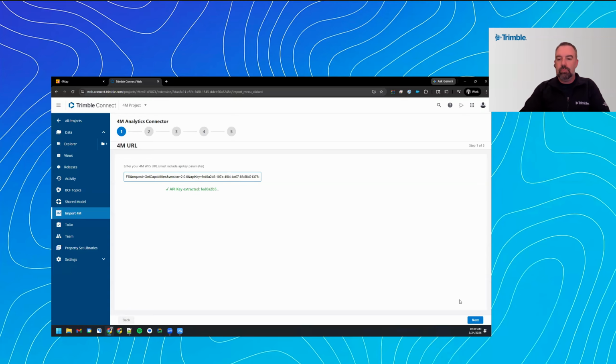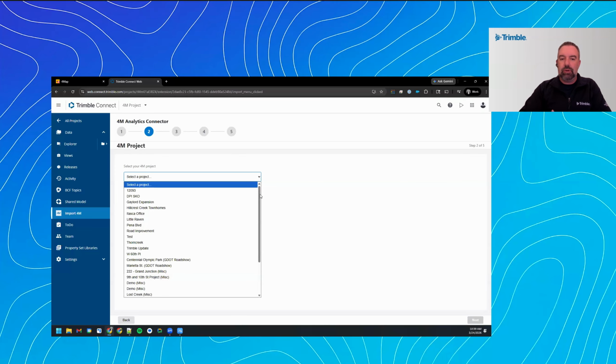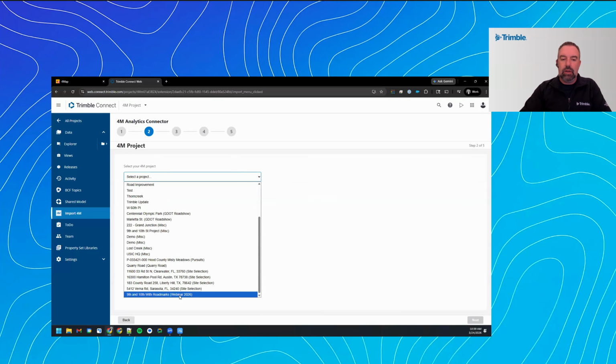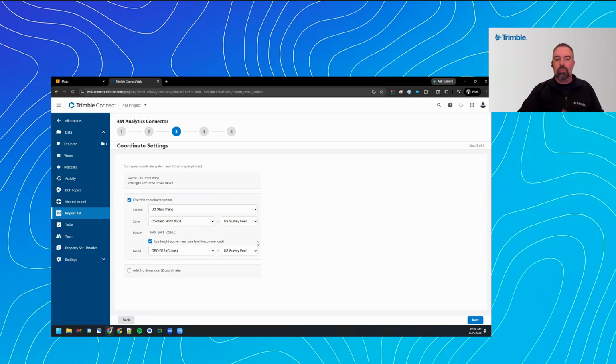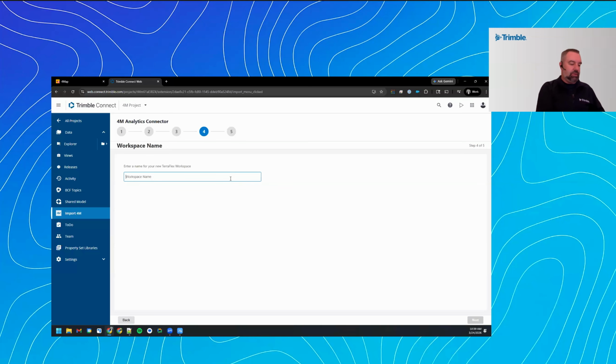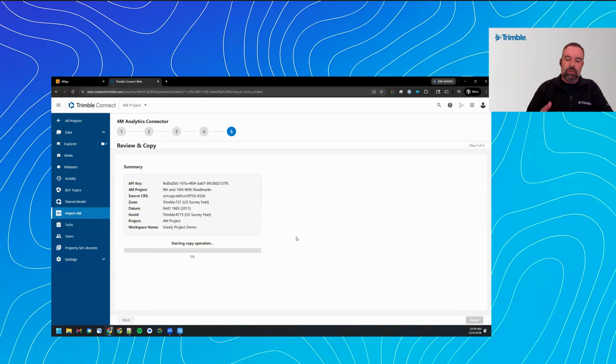So it's as simple as just pasting in the API key and finding the right project as defined in the 4M site. We've got the webinar 2026 9th and 10th with Roadmarks project. And just a couple of clicks later, I can verify, and I can even overwrite the coordinate system as this data comes in to make it match existing data. We're going to give this a friendly name here. And then, as simple as a single click here, we can bring all that data from 4M